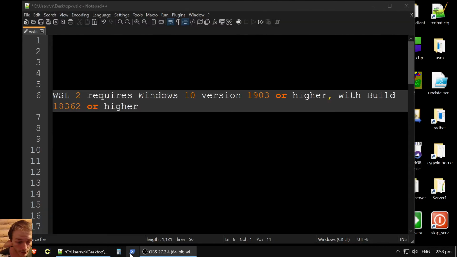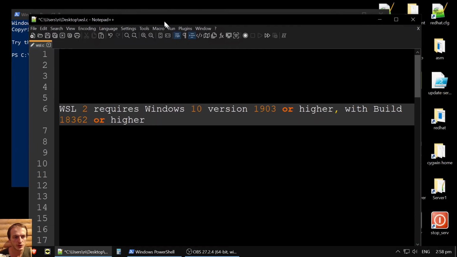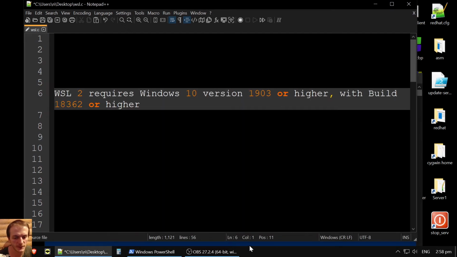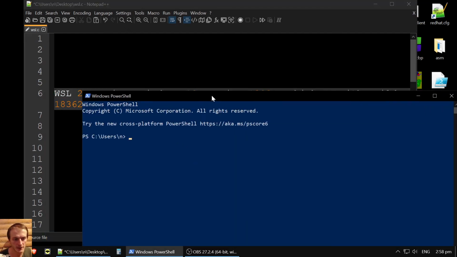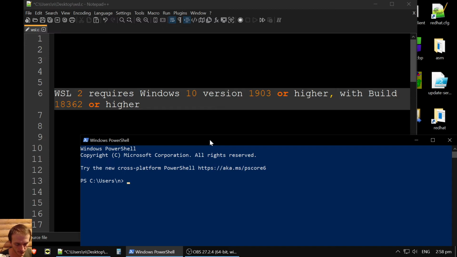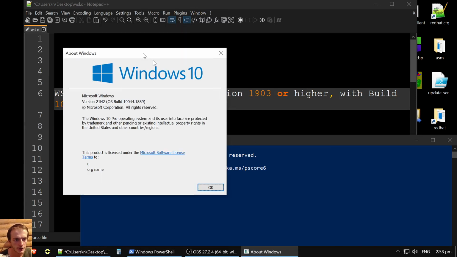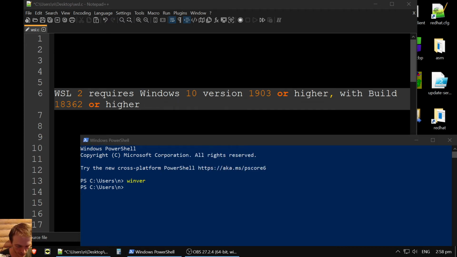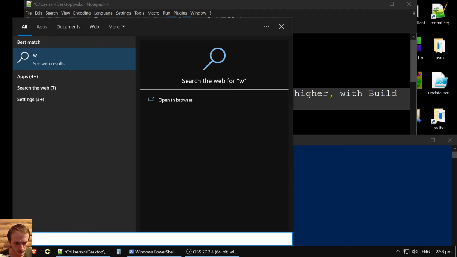So I downgraded to WSL 1, and WSL 2 just doesn't work on my PC because my PC is very old, like 15 years or something like this. So even though my Windows version, so WinVer, if we check, it's more than enough, the minimum requirement. I tried everything. My virtualization in BIOS is turned on. You could try, if you want to try